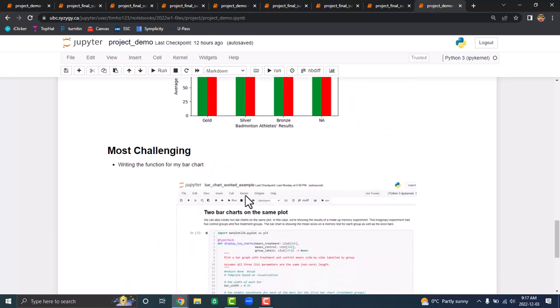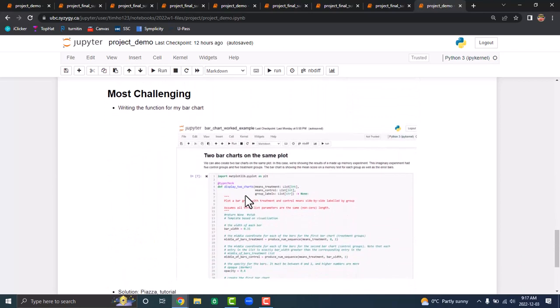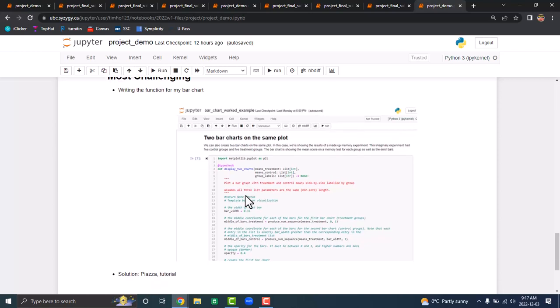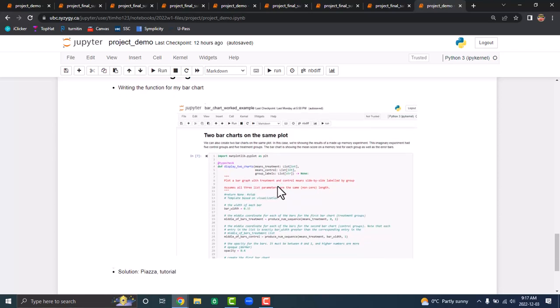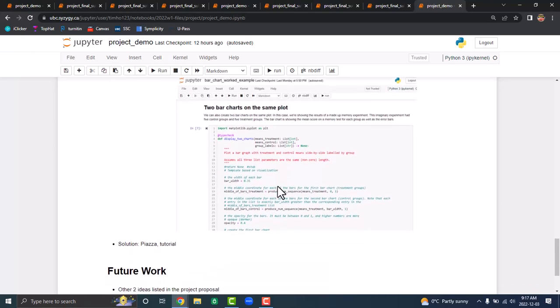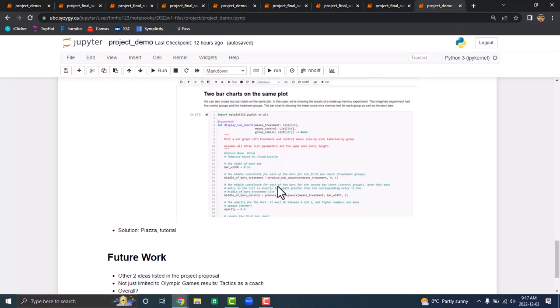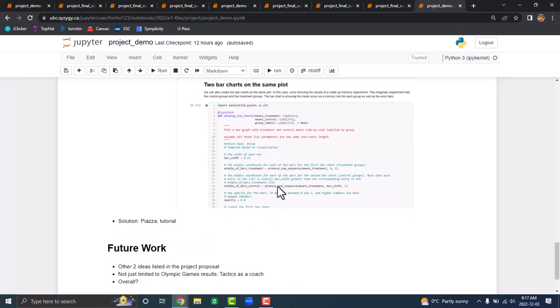Now, continuing to the most challenging section, I think it was easily having to make the function for my clustered bar chart. I followed the work example provided under the Week 8 module on Canvas. Some of the code I could deduce since it followed the style conventions of the course, such as having a purpose, stub, and so on and so forth. But some parts were completely new to me, such as setting the tick labels. So for those, I had to turn to Piazza and tutorials for assistance, and those actually taught me that being proactive and asking for help when I don't fully understand a concept or a line of code will help me